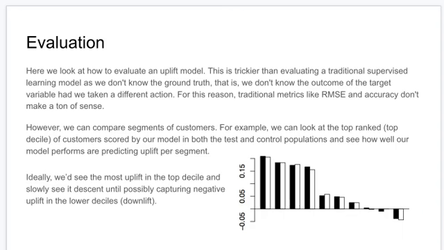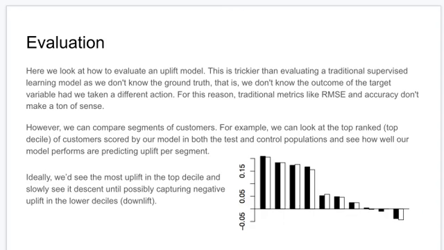In each decile, we'll have a handful of people in the test group and a handful of people in the control group. Then with the people in the test and the people in the control, we can look at their response rates per decile and come up with a pretty accurate representation of how well our uplift